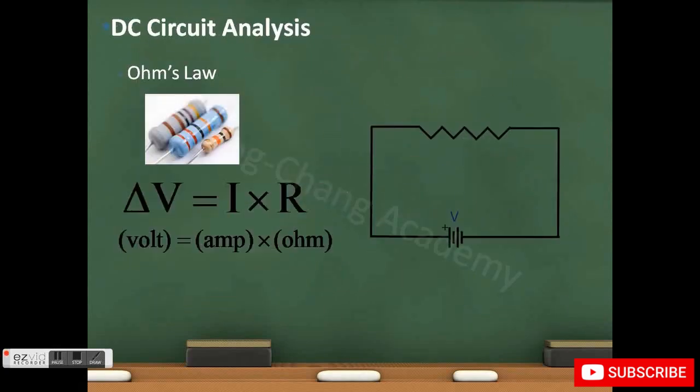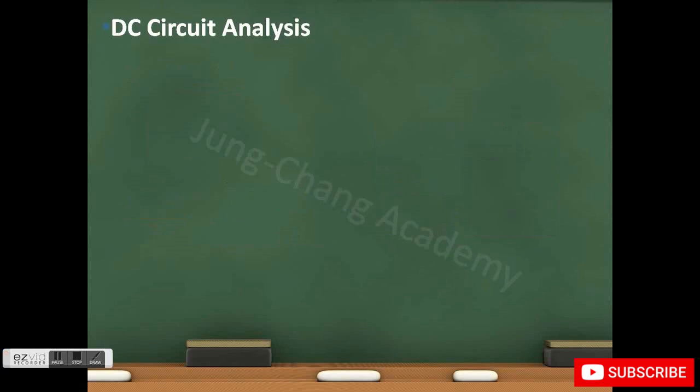Ohm's law is one of the most fundamental equations in electrical engineering. It basically tells you the relationship between voltage and current for a resistor. According to Ohm's law, the voltage across a resistor is equal to the current flowing through the resistor times the resistance. For example, if we have 5 volts across a 100 ohm resistor, we know the current flowing through that resistor will be 5 divided by 100, which is 0.05 amps. As for a capacitor,